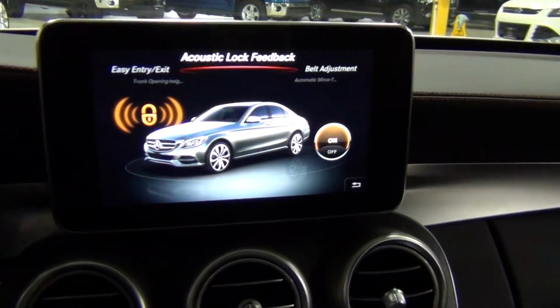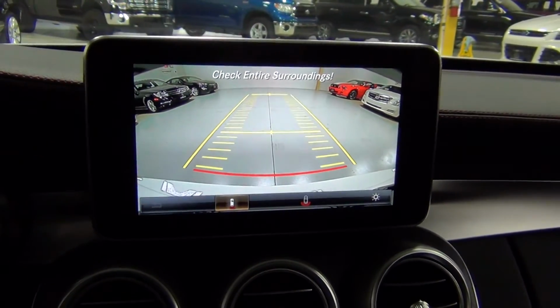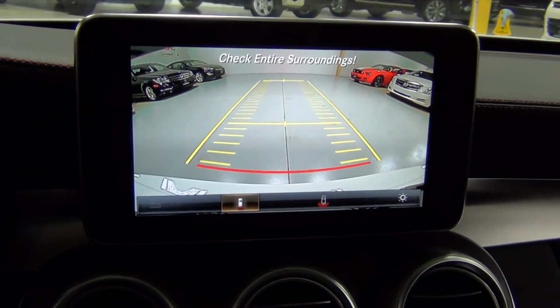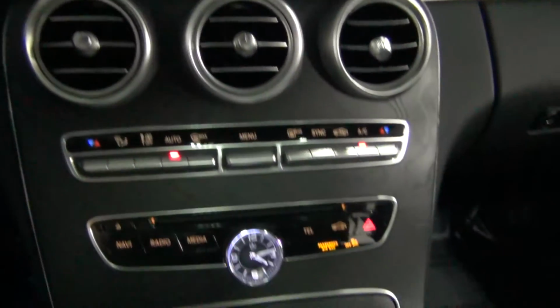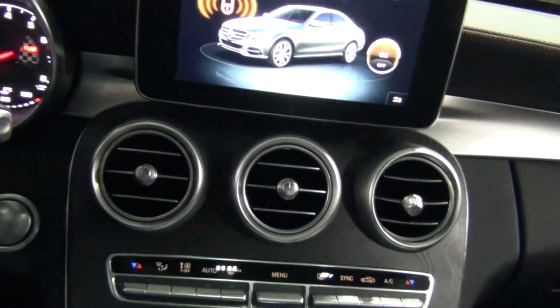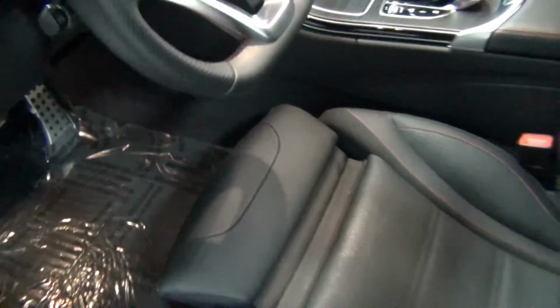It's got the rear view camera, which I will show you right now. See, got a rear view camera. Natural grain black ash wood trim, and the hands-free access package for the trunk, which I love. That's really cool. Okay, so now speaking of trunk, let me show you the back seats, the trunk, and the engine. The engine's my favorite part. So how I'm going to do that is try not to drop the camera. I'm going to do this and open the...